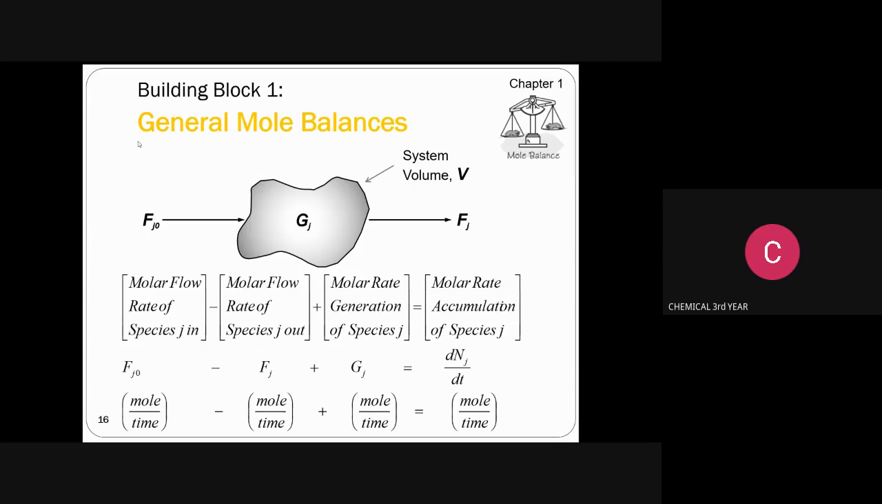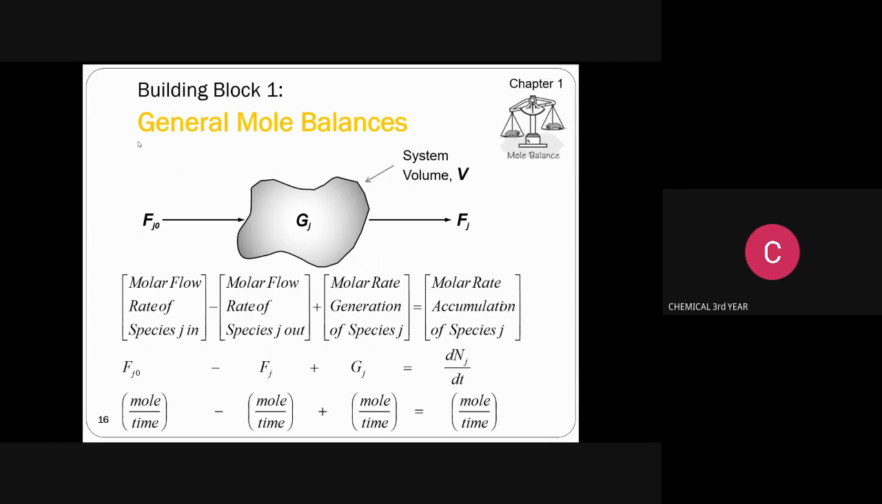This is the general mole balance for species J according to our video lecture. This is chapter 1, named the mole balance. Okay, building block. This is for general introduction, don't worry about it. General mole balance. Okay,